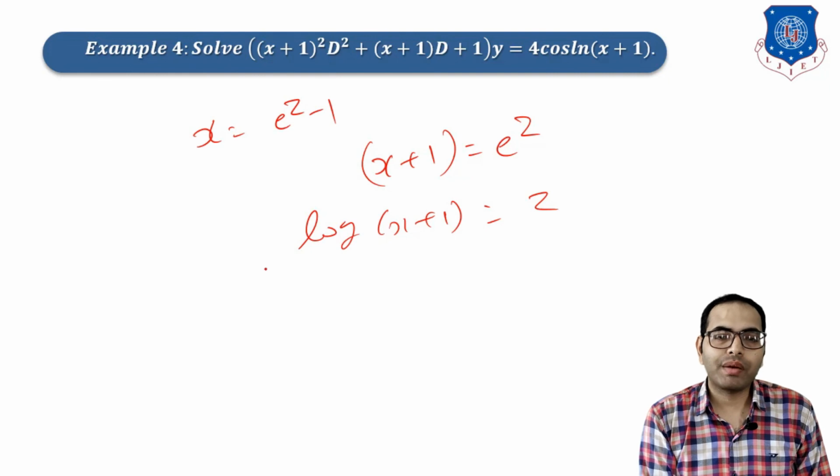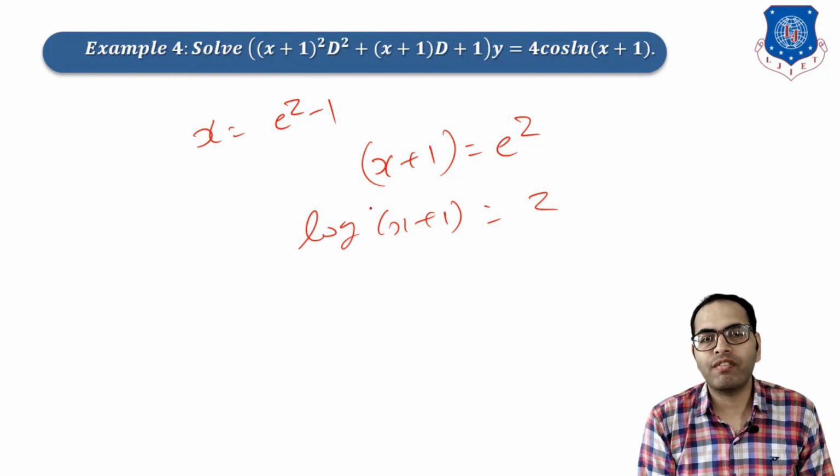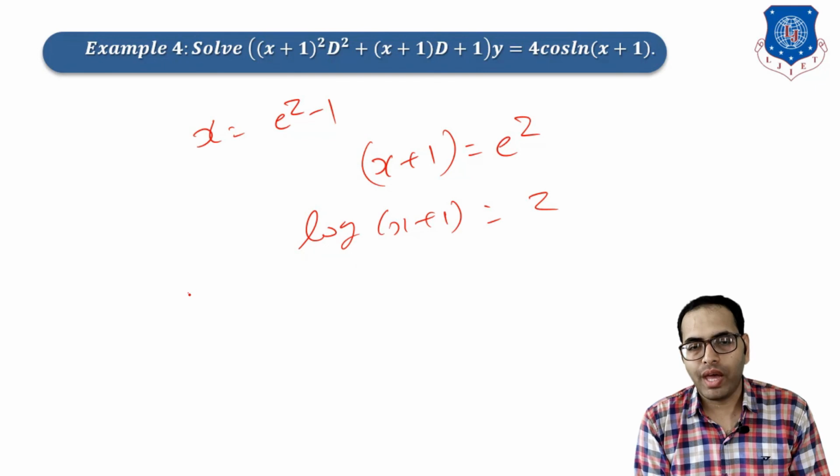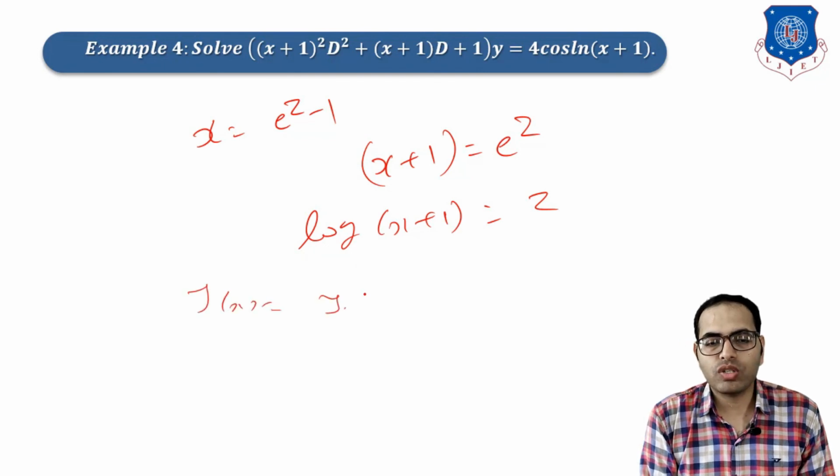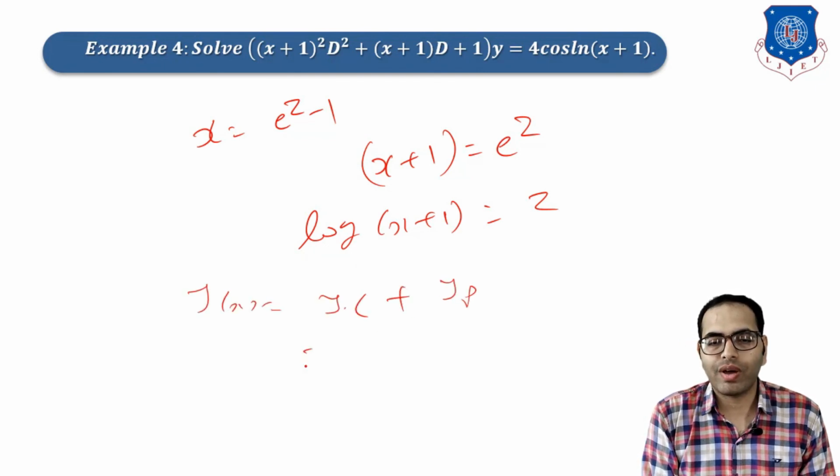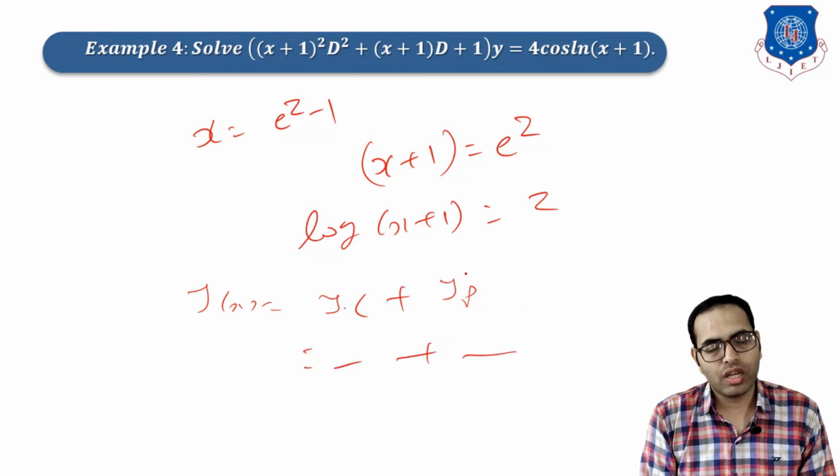Now simplify that term, then one term becomes f of D equal to something, that is Q of z, and with the help of shortcut cases we can simplify it, and our answer which is in terms of z we should convert in terms of x. Then finally the general solution y of x equal to yc plus yp, substitute it.